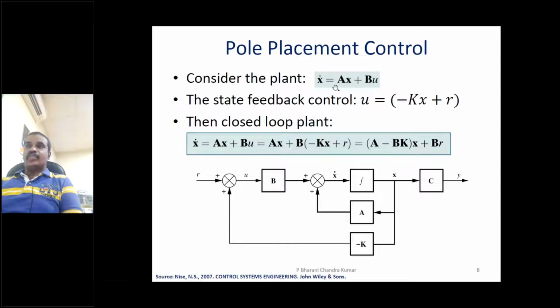So consider the plant x dot equal to ax plus bu, and I'm saying the state feedback control u equal to minus kx plus r. If the reference input r is 0 in some cases, then u equal to minus kx. Whatever structure I have assumed, state feedback control or the pole placement control, if I substitute this u in the open loop plant x dot equal to ax plus bu, then that will become the closed loop plant. So x dot equal to,